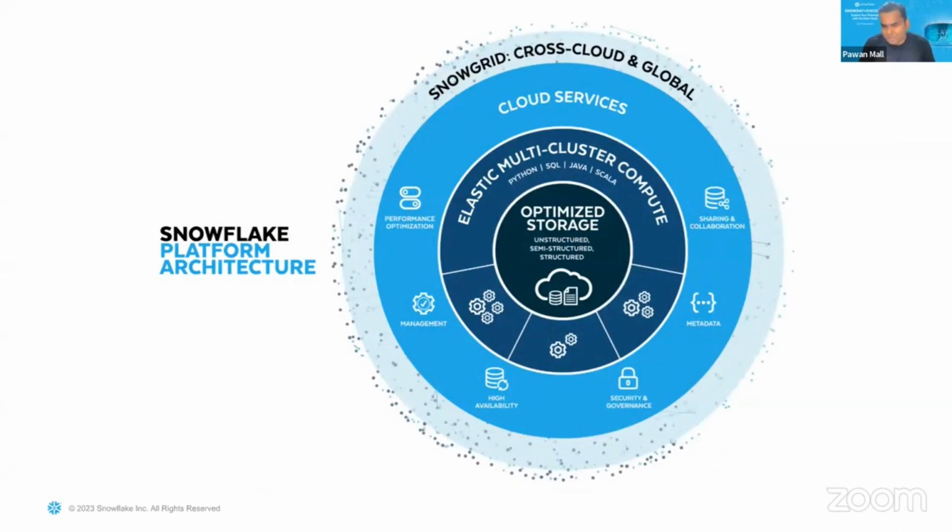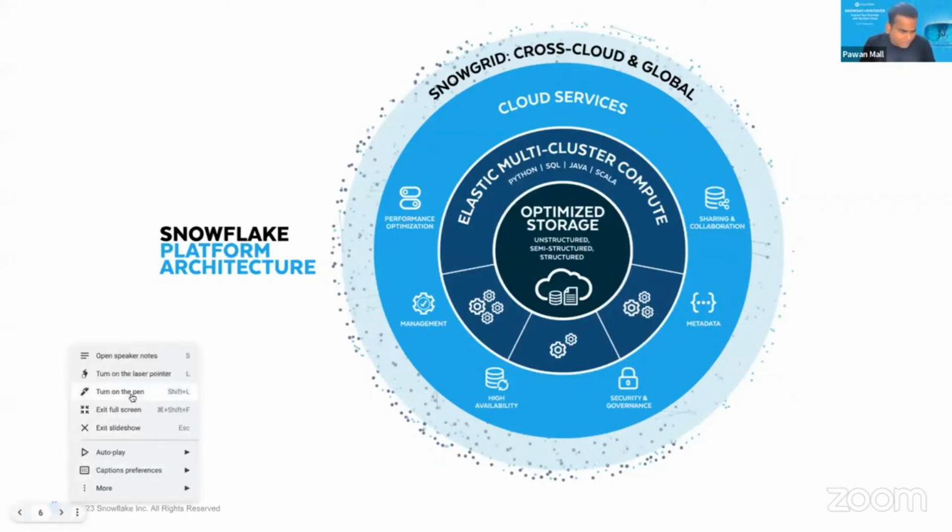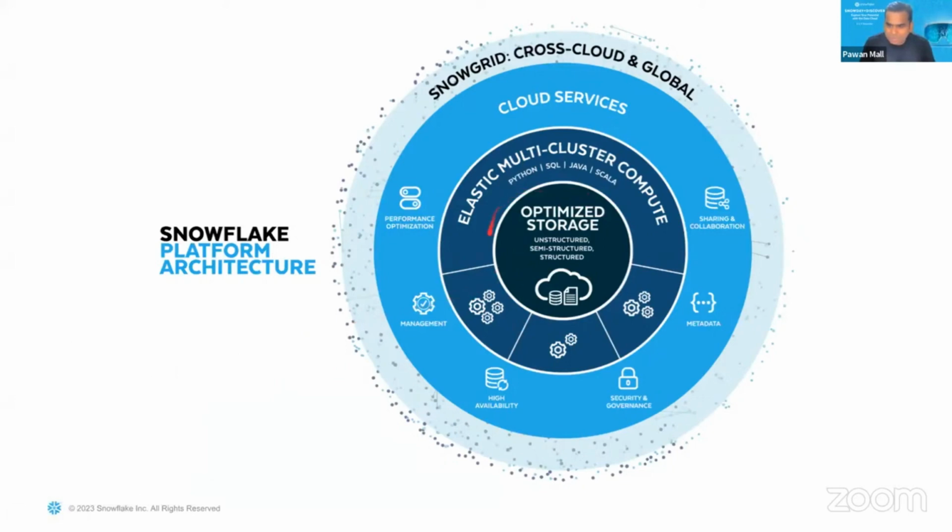Snowflake architecture is divided into 4 layers. We were the first to bring this to the cloud, where we separated the storage from compute. The core part, which you see in the center, let me just use the marker a bit, this part is the storage, where you bring in your data from any external sources and systems.